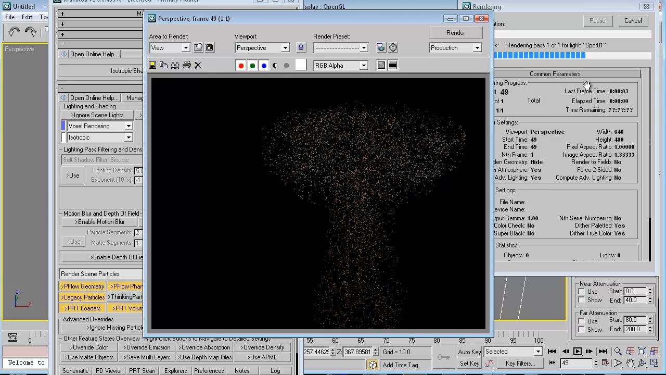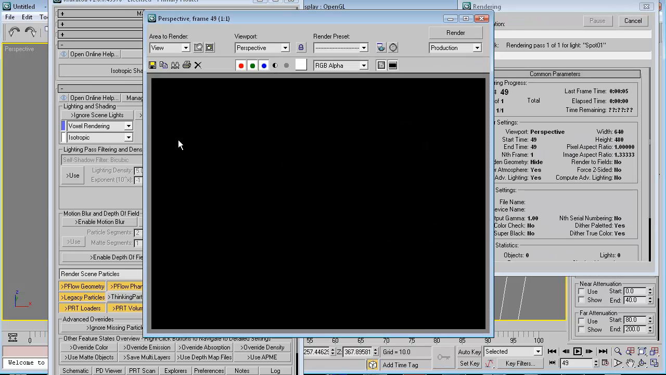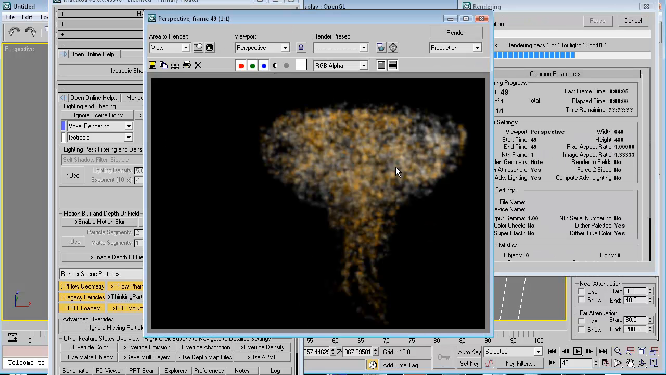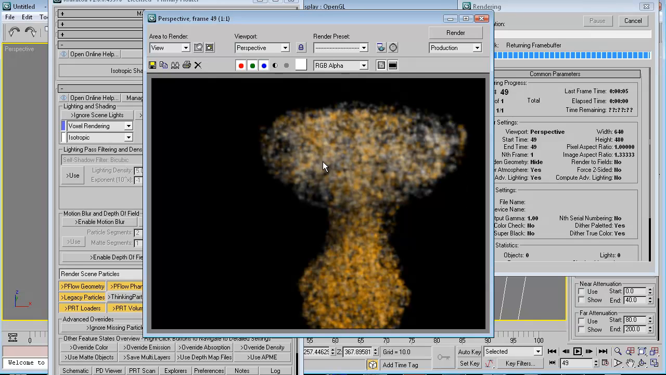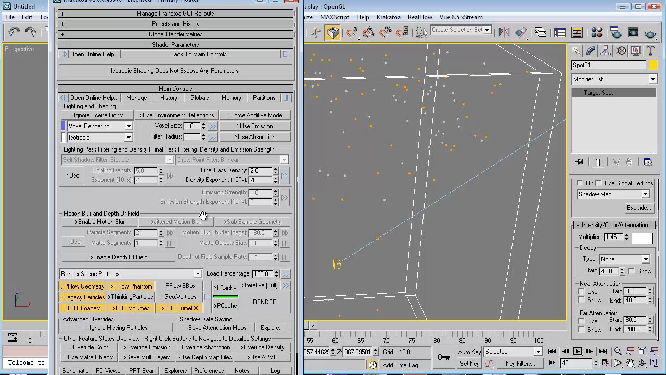Voxel size 0.1. You can set it to 1 and have a more blurred version. So for different things you will use different settings, and it's your choice. Okay, so I'll show you one more thing, how to use depth of field,